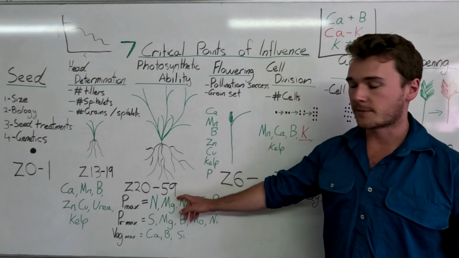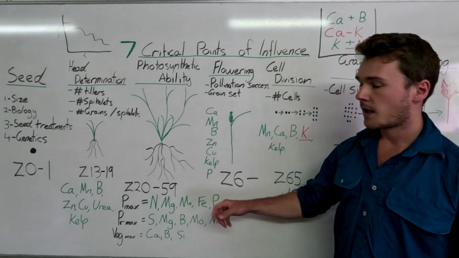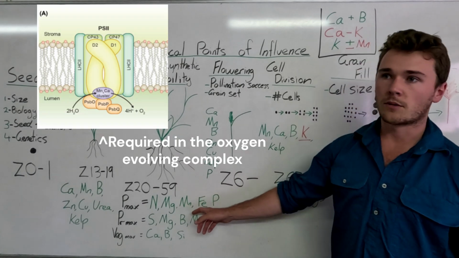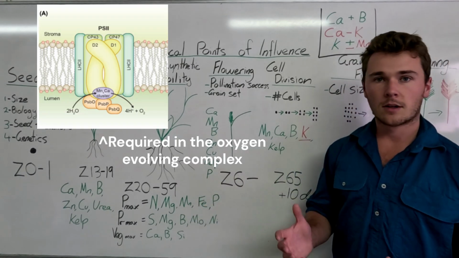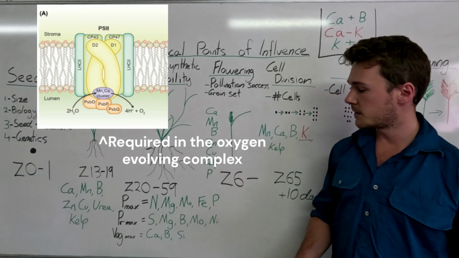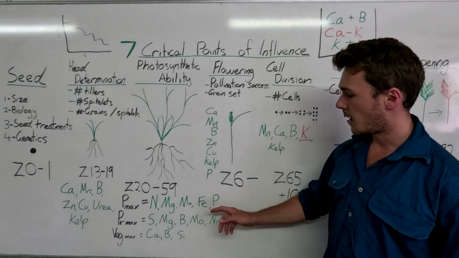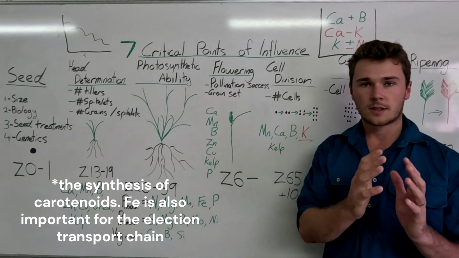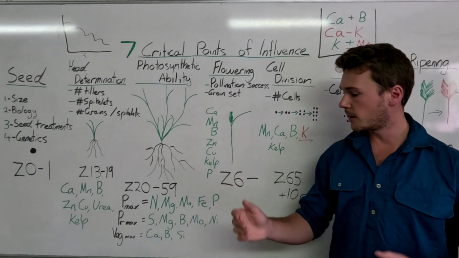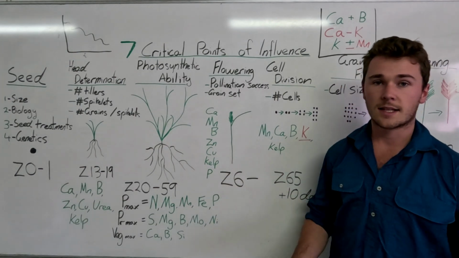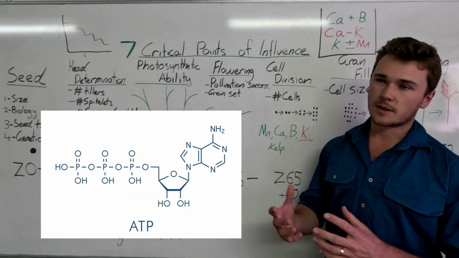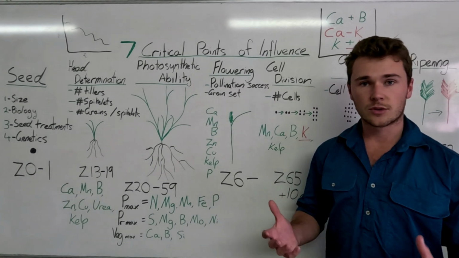So on our differential sap test, we're looking for these things as well as our brix to understand overall sugar. Manganese is important for the splitting of water during hydrolysis, as well as a few other things. Iron is used in carotenoids, which capture a broader range of light. Phosphorus is also used in ATP production, it's more like the energy storage or the batteries of the